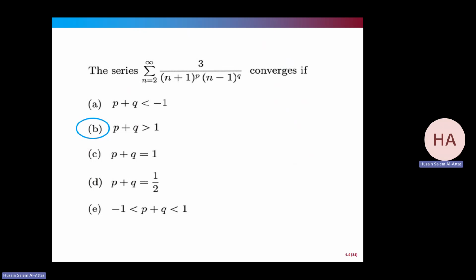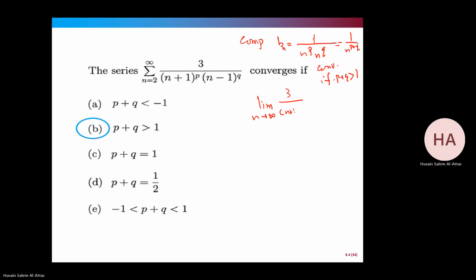This one, see this series, when will it converge? So I will compare it with what? I will compare it with 1 over n to the power p into the power q. This is Bn, which is 1 over n to the p plus q. Then I will do the limit test. I know this one will converge if p plus q is greater than 1. So if you want this to converge, times n to the power p plus q,